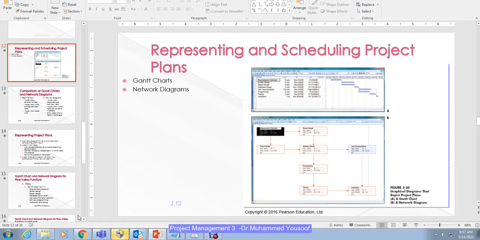First of all, let us look at this video lesson 3, where we are going to have two tools which I am going to discuss today. One is about the Gantt chart, the other one is about the network diagram. We are going to see what the advantage and the benefit of using the two are, how they are the same and how they are different.